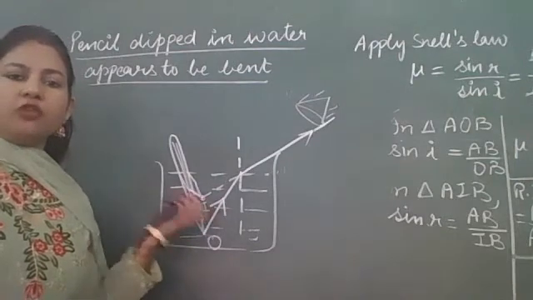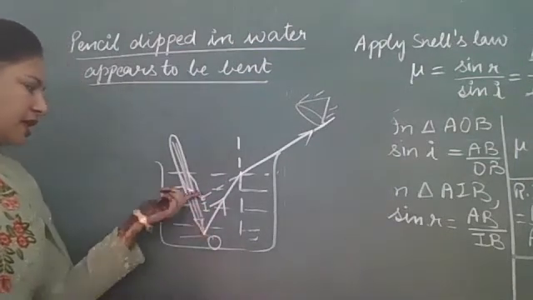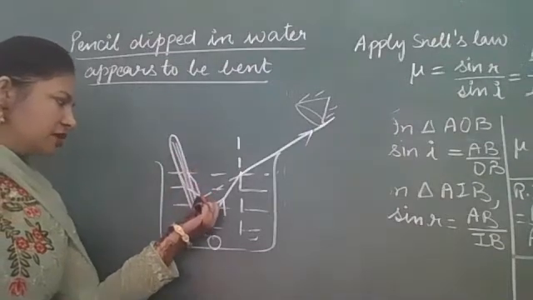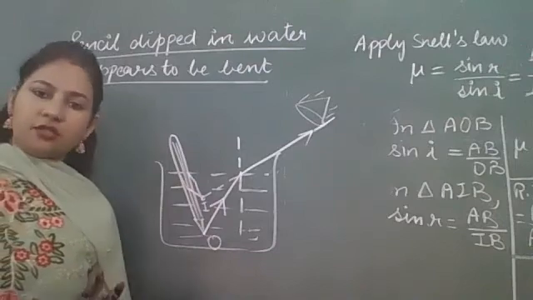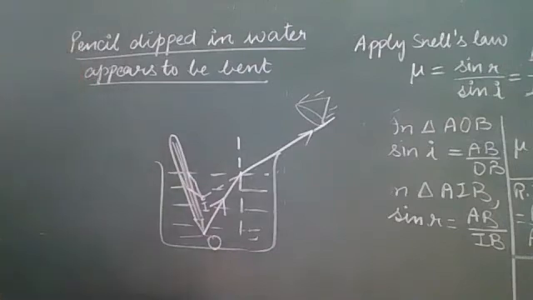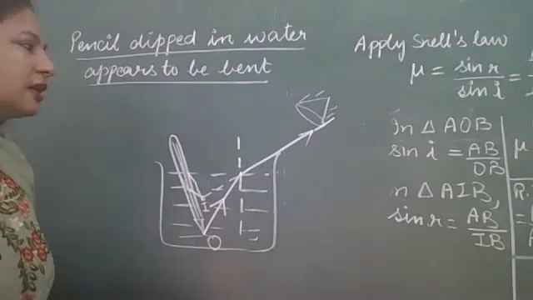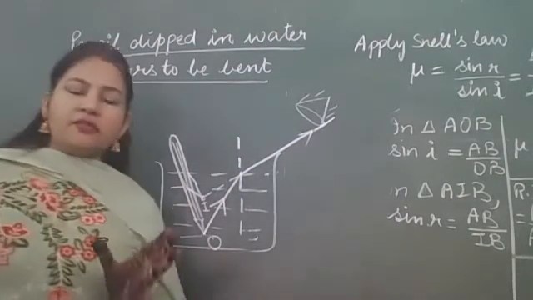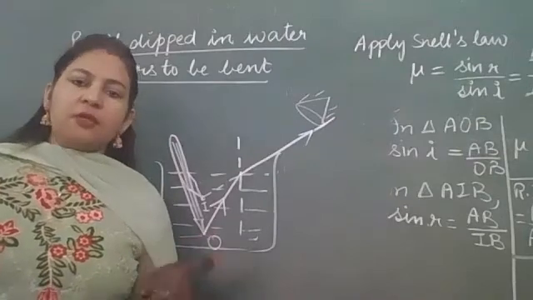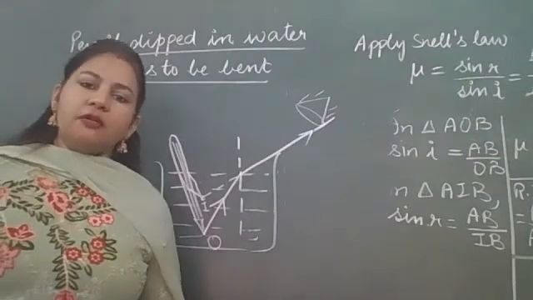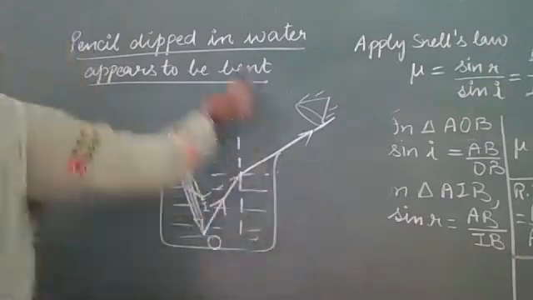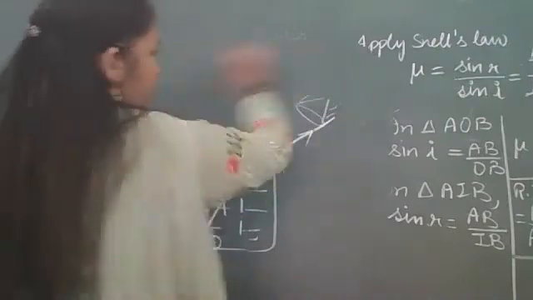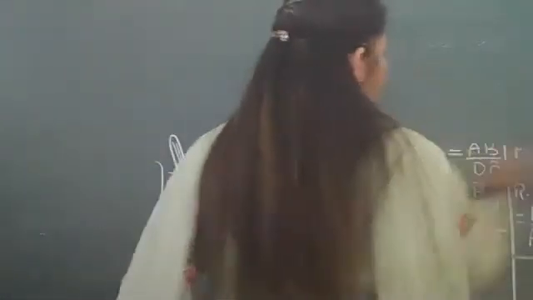Okay, there is phenomenon of normal shift here. So this point gets raised, so that's why when we join it from the water surface, it will appear to be bent as well as short. Okay, so you can draw the diagrams like this. Same way, the swimming pool appears to be shallower because of the same reason. Right? So let us come to lens now, lenses. After refraction of light, now our next topic will be lens.